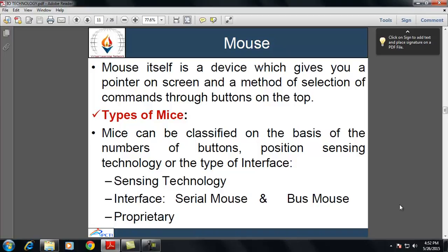If we talk about the categories of mouse on the basis of sensing technology, then the mouse can be a mechanical mouse or an optical mouse. Mechanical mice have a ball made from a rubbery material, the rotation of which affects the sensors that are perpendicular to each other. Thus, the motion of the ball along the two axes is detected and reflected as the motion of the pointer on the screen. Optical mice can detect movement without any moving parts like a ball. A typical optical mouse used to have a pair of LEDs and photo detectors, one for each axis, and its own mouse pad on which it is slid.